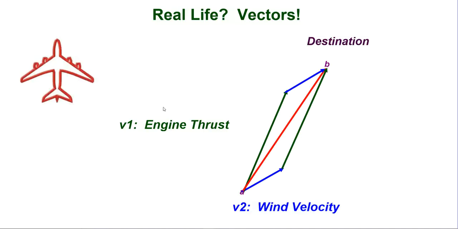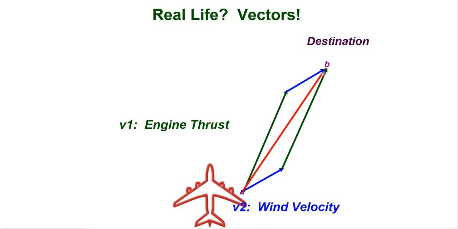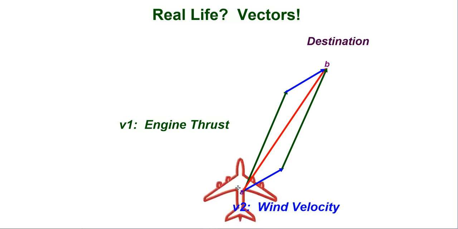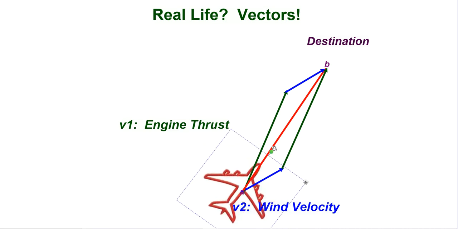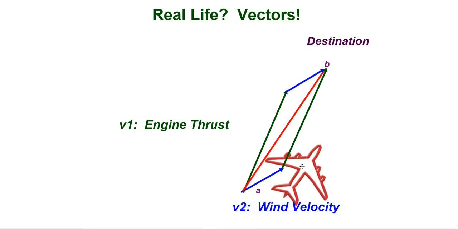Now, real life vectors. One time I flew into the Azores, and that was a pretty exciting mission because I thought I was going to die. Because the crosswinds were like 50 knots. So what happens is when you're approaching the runway and you want to end right here, you're going to have to turn your aircraft into the wind. If you were flying this direction and the wind was blowing you, you're actually going to end up over here,